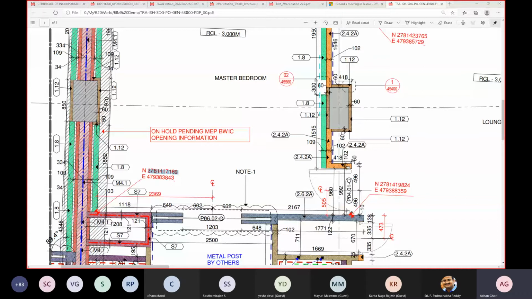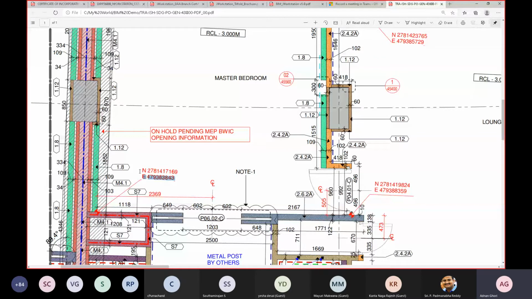So whatever coordinates we are giving over here in the sheet, those coordinates need to match on site as well, because there shouldn't be any error in the building. So that is the level of precision of working with BIM.